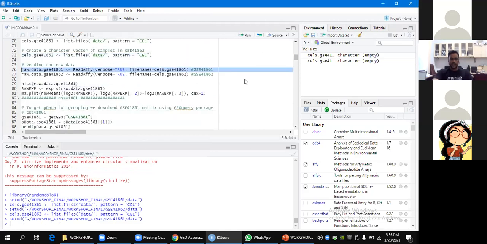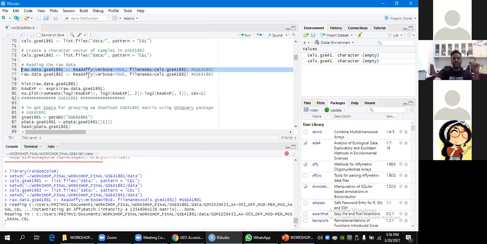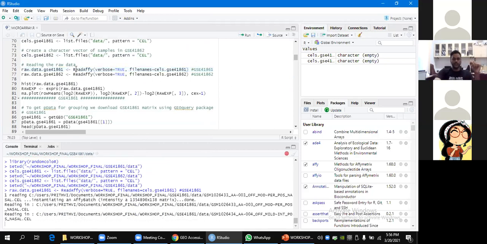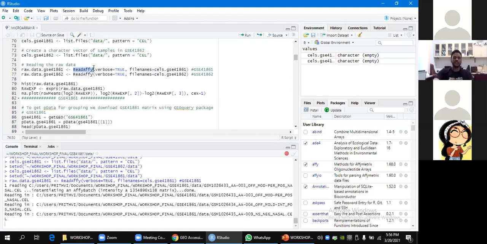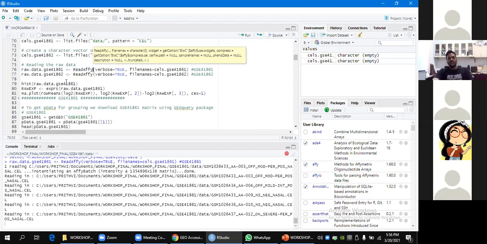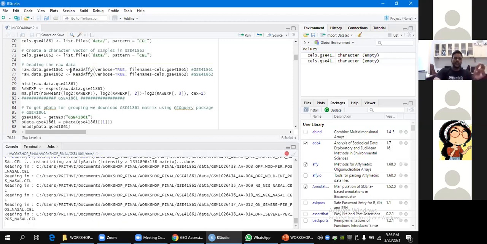Now I have to read the files. Read.FE is the main command which we'll be using for reading the FE matrix files. Read.FE actually reads all the raw files for the raw GSE41861 dataset. It's reading now. You can see in the console below.